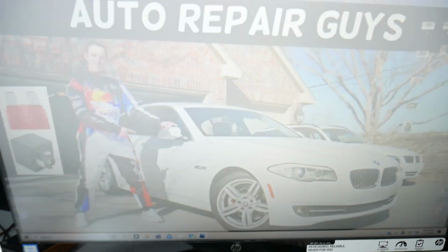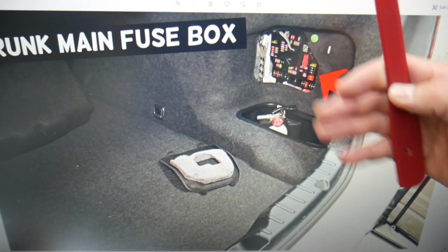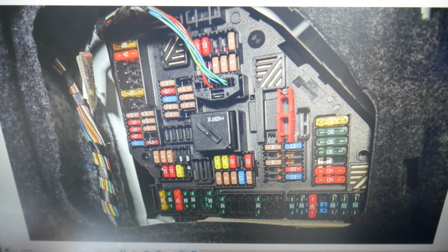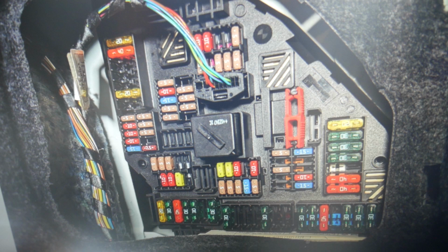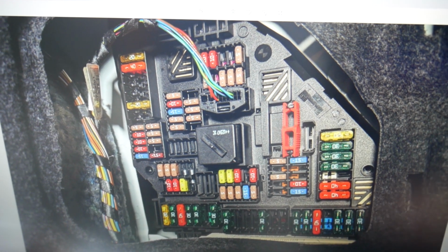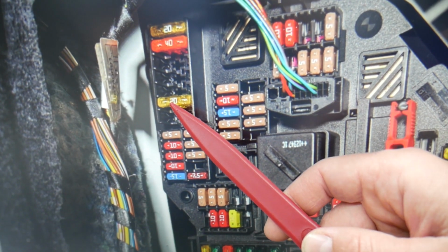Once you open your trunk, on the right side you see that cover, we removed it, it's attached here, just pull it. Behind it you have another fuse box, and here, okay, we need to check more fuses. You wonder, guys, which fuses those will be. We start with fuse number 105. We're talking about that fuse right here, that's one of them. After that you need to check fuse number